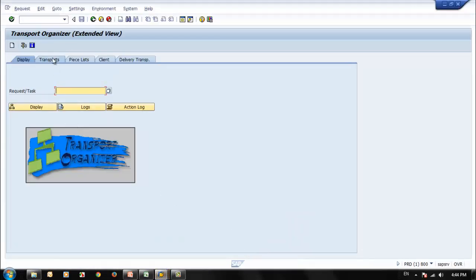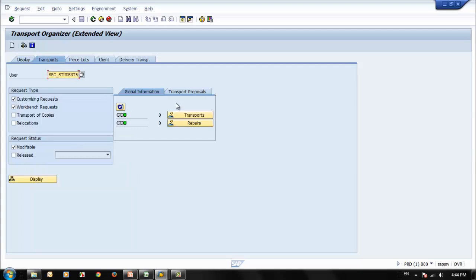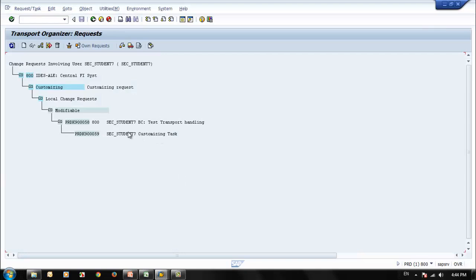But unfortunately I don't remember the TR number. What I can do is go here and say 7 and modifiable. Oh, this is the TR which is created by student 7. If you see, the TR always carries the owner of the TR. Let's select this and say release,